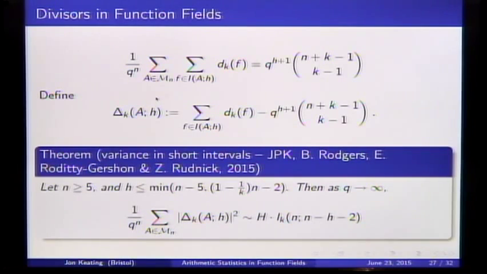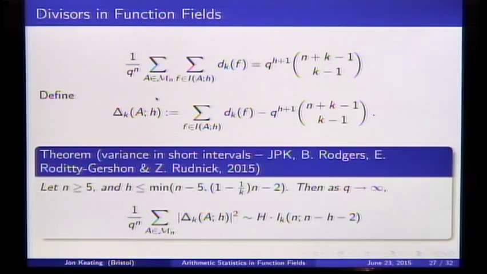And it's just q to the h plus 1, which is what you'd expect, times a binomial coefficient. And this binomial coefficient is, of course, just a polynomial of degree k minus 1 in the variable n, which is the analog of log x. So this is the analog of the general expectation that on average you'll get a polynomial of degree k minus 1. This is just the thing I started with